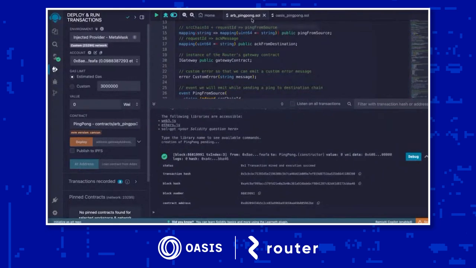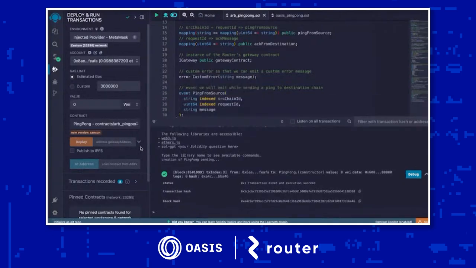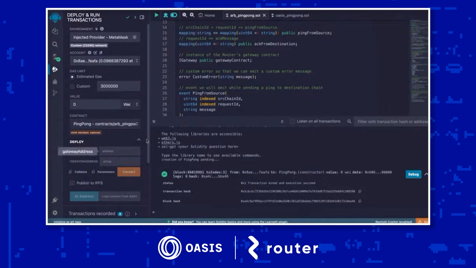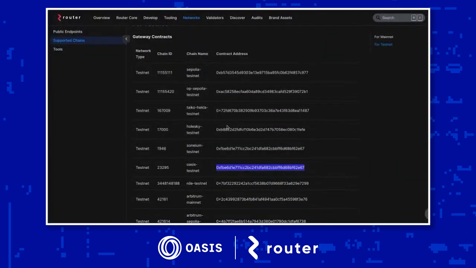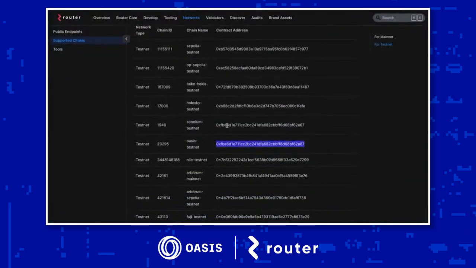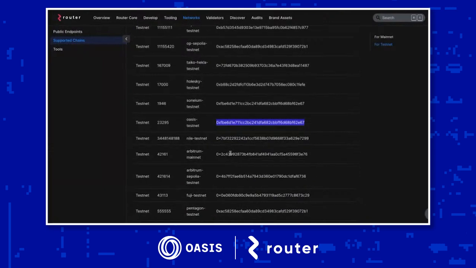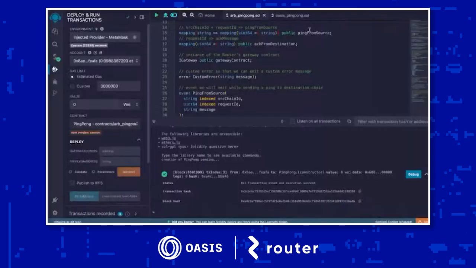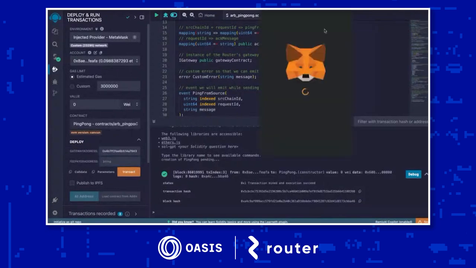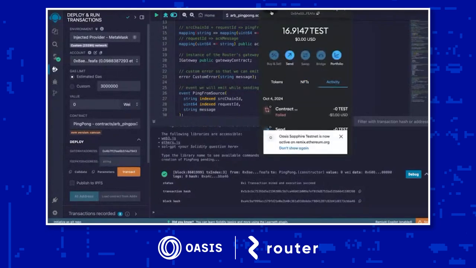Again, here's my Arbitrum ping pong contract address. This is the same contract which we wrote. And if you want to see its deployment, I'll just quickly go to the chain gateway contract addresses. I'll copy the Arbitrum Sepolia contract address, paste it here, and I'll be entering my